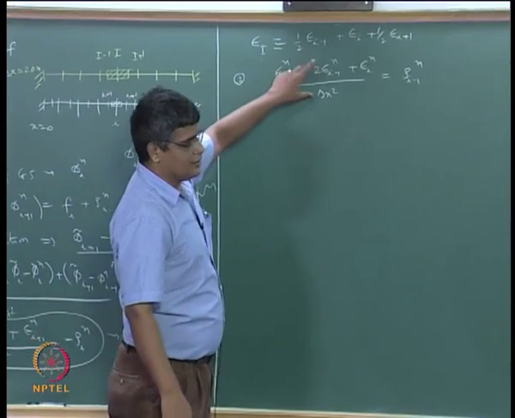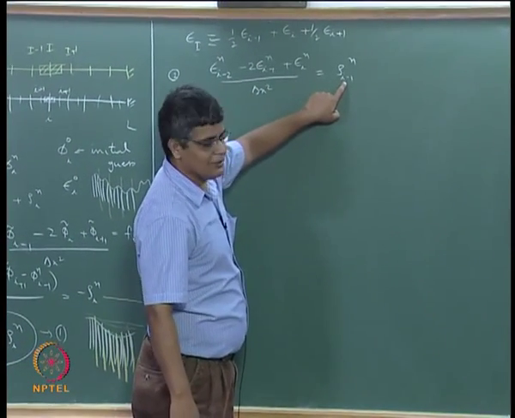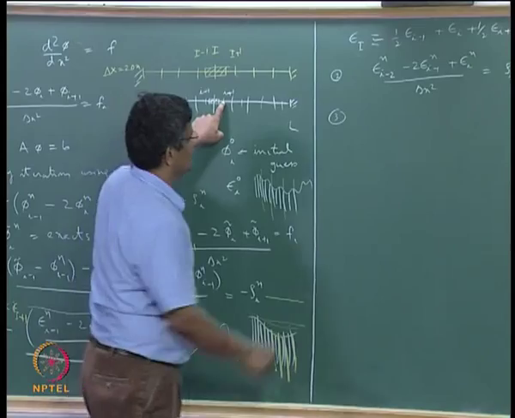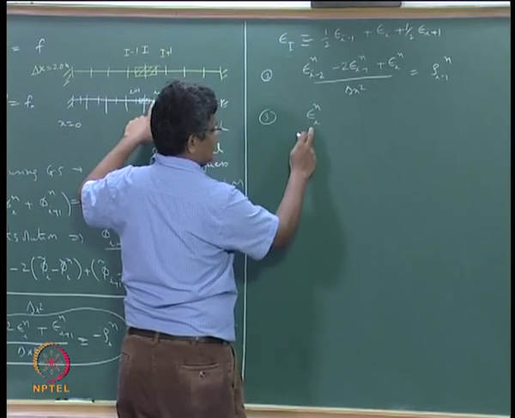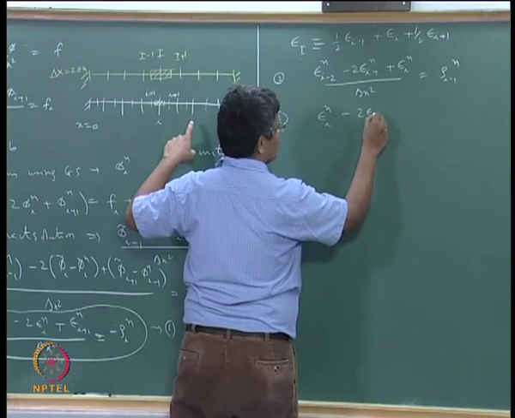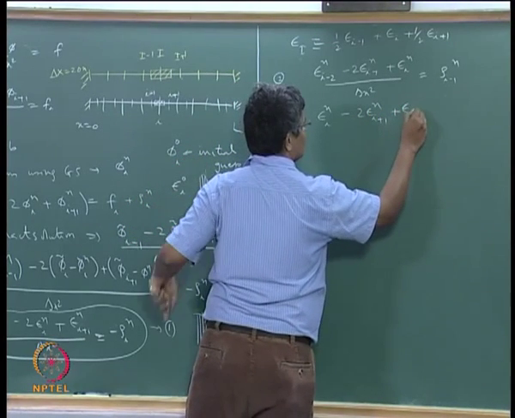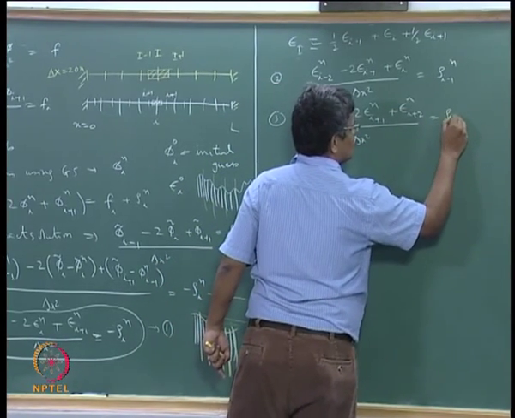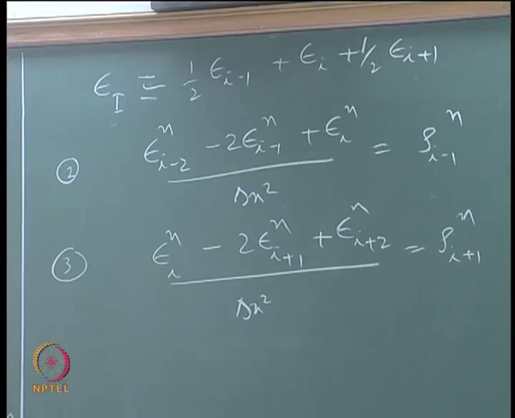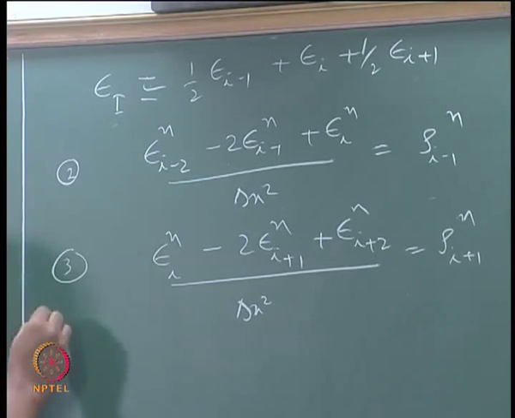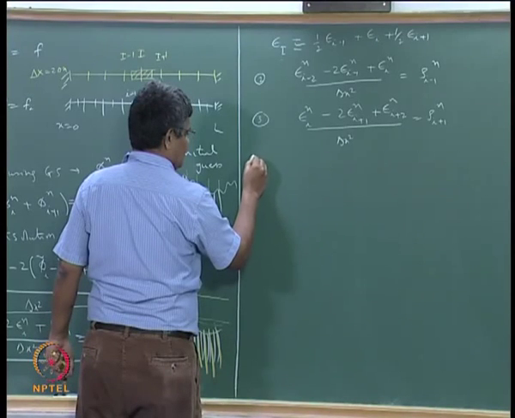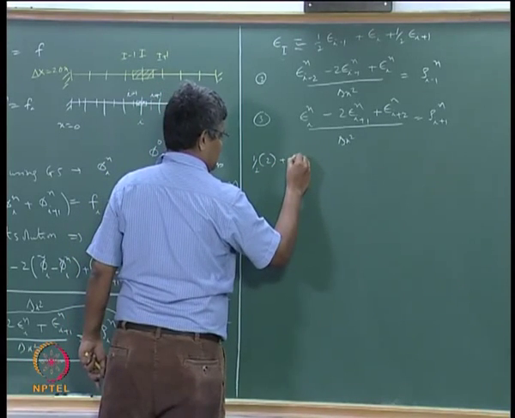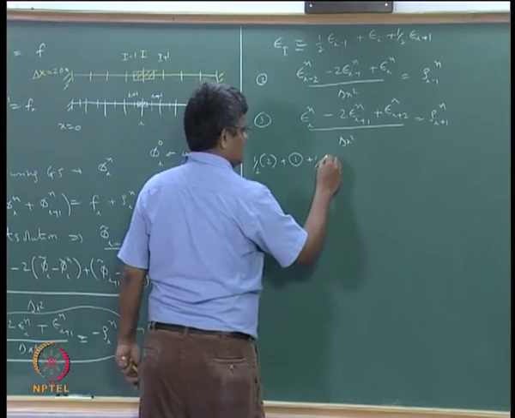so this is the error equation giving the residual at I minus 1, and similarly if you come to this point here, that will be epsilon I n minus 2 epsilon I plus 1 n plus epsilon I plus 2 n divided by delta x square is equal to rho I plus 1 n. So now I say that in order to get this one, I take half of 2 plus equation 1 plus half of equation 3,